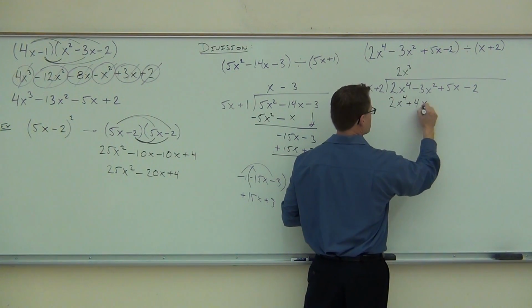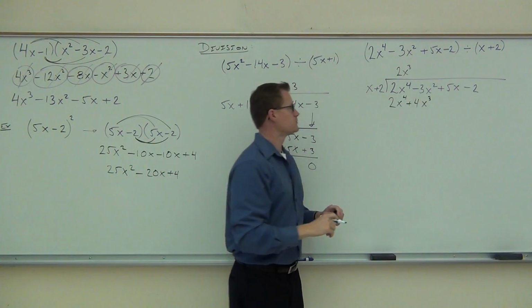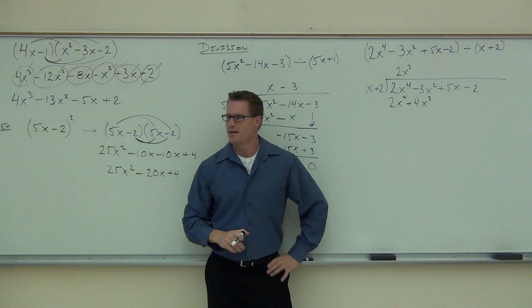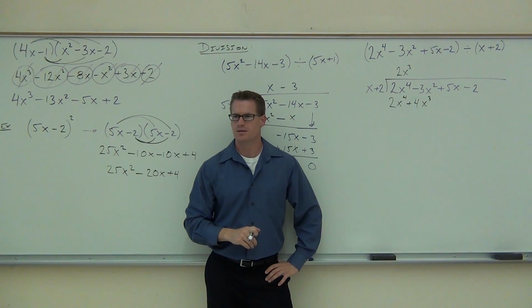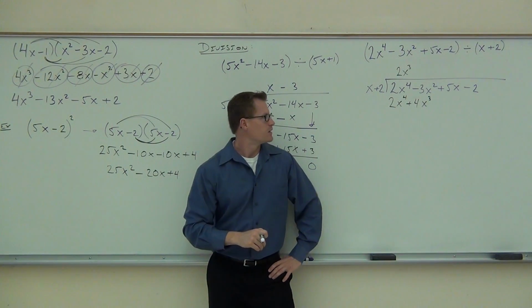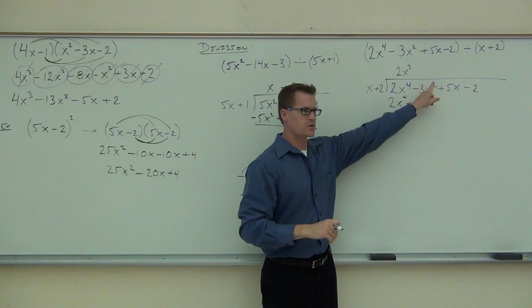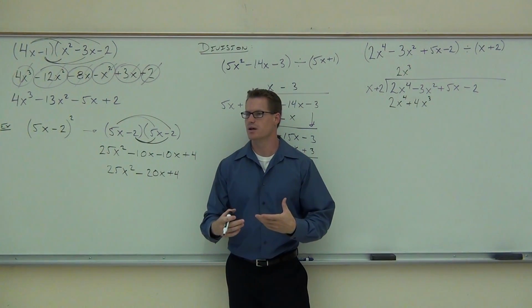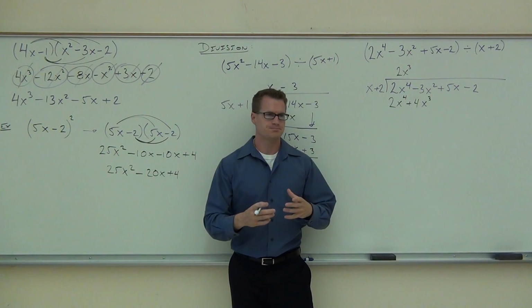X to the 3rd. Is that right so far? A second. That looks wrong. Why does that look wrong? Just a cube and a square. Can I subtract the cube from a square like that? No. That's a problem. I did this on purpose so you can see this, but what you have in division,